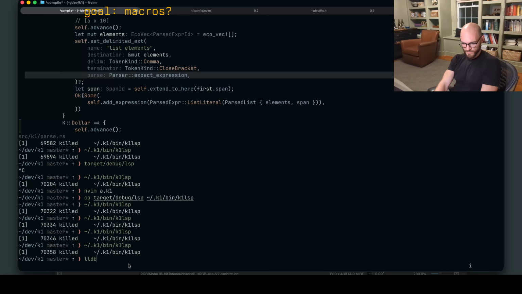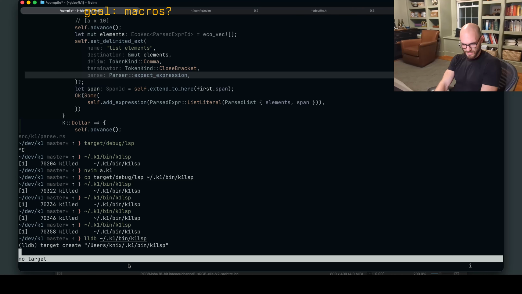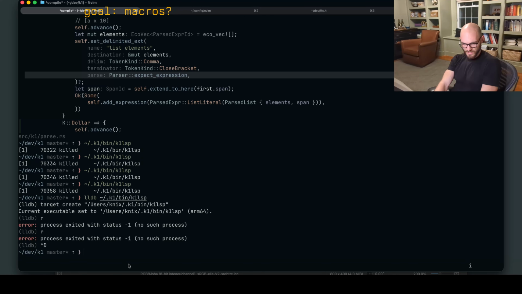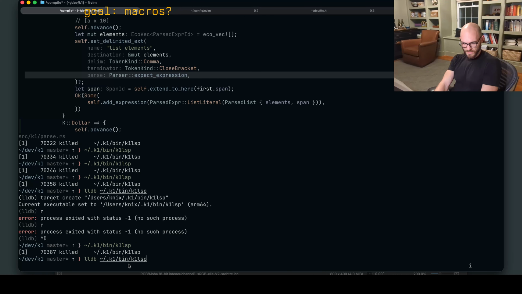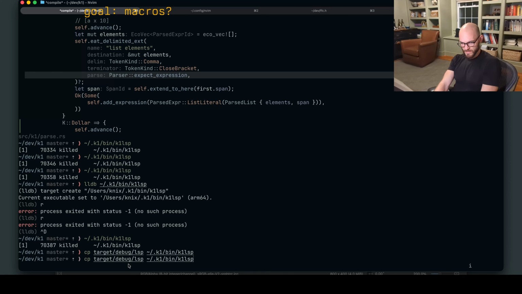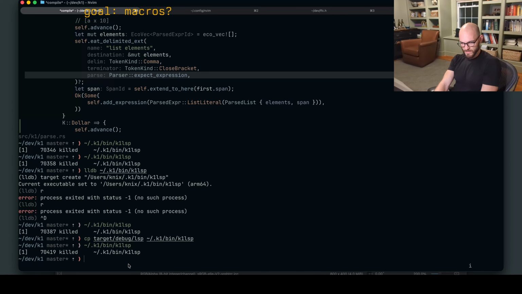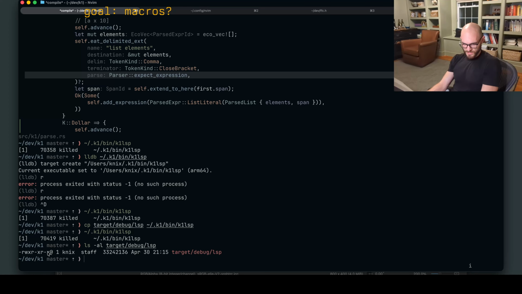Oh, and what I've done before, I think last night I debugged it. It doesn't make any sense to me. It's an executable.